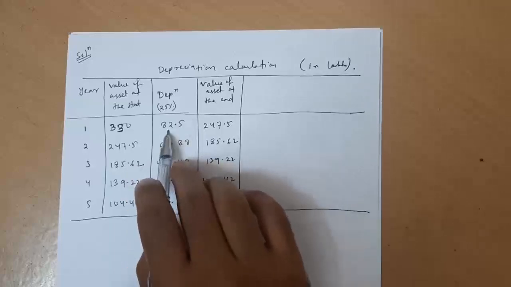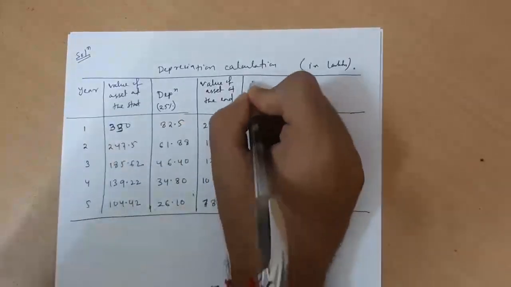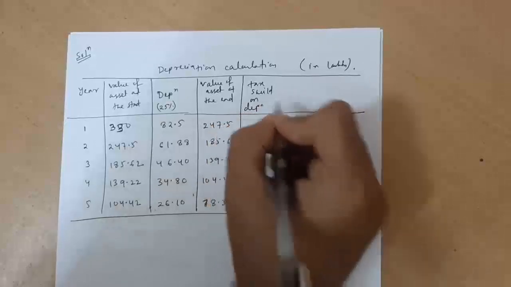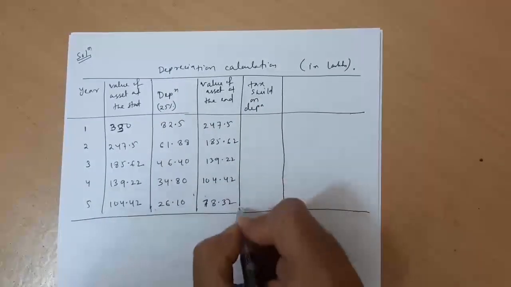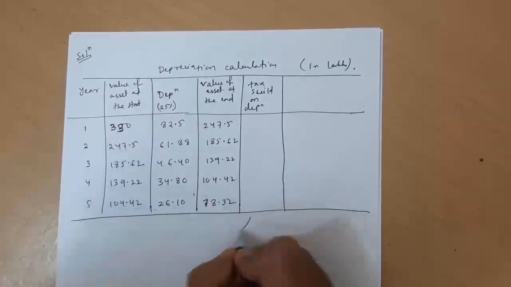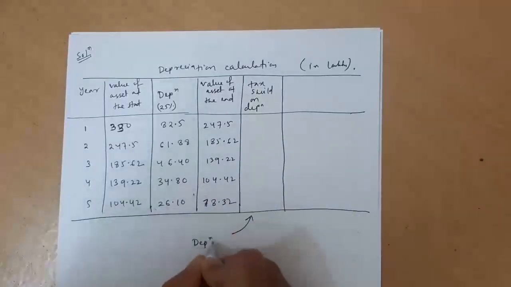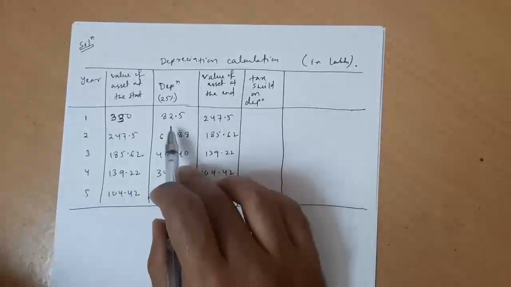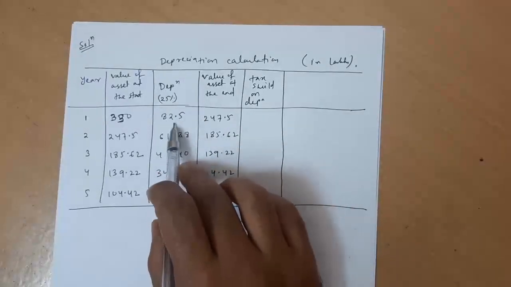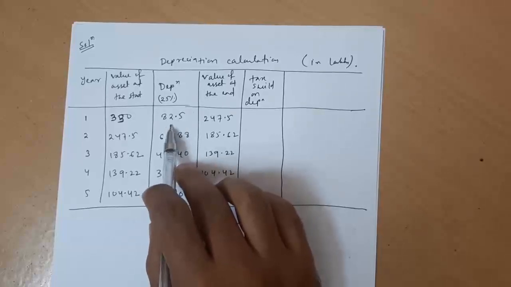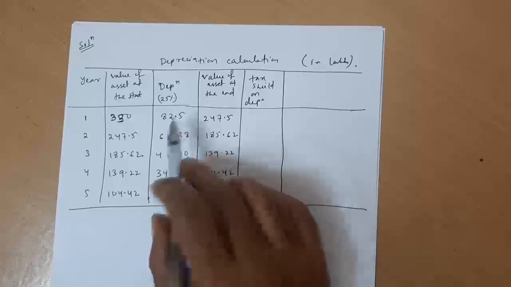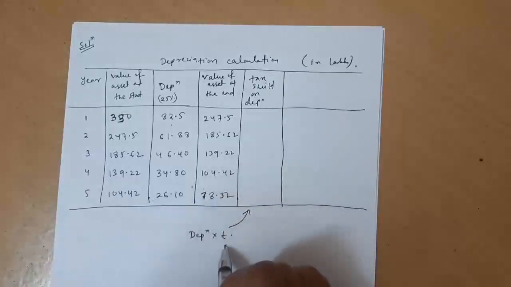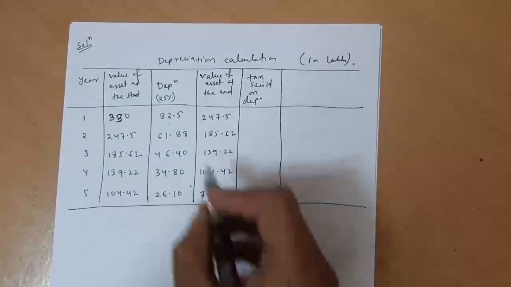The tax benefit will be depreciation into the tax percentage. So the tax shield on depreciation, how will it be calculated? It is depreciation into the tax rate. Means 82.5 lakhs is the amount of expenditure on depreciation. This will reduce the income by 82.5 lakhs. So there will be a saving of tax on this 82.5 lakhs. Amount of tax saved will be the amount of expenditure into the tax rate. So 82.5 into tax rate of 35%. So 82.5 into 0.35, it will be